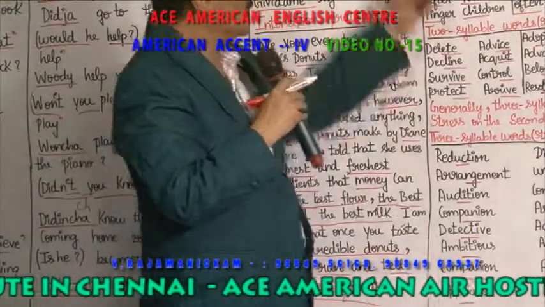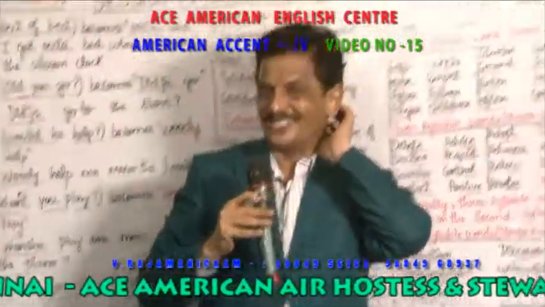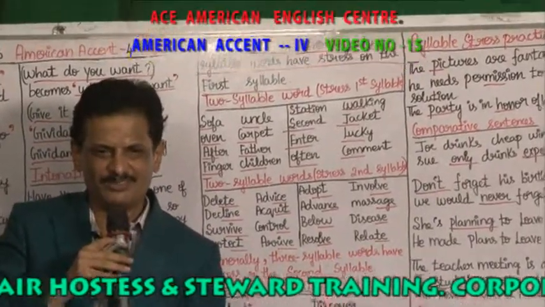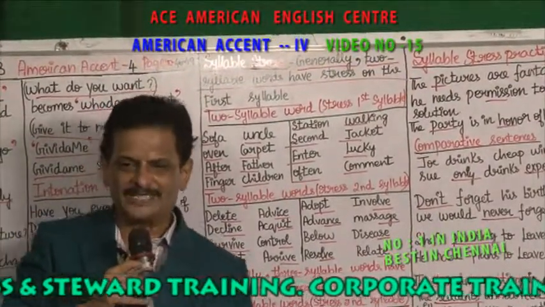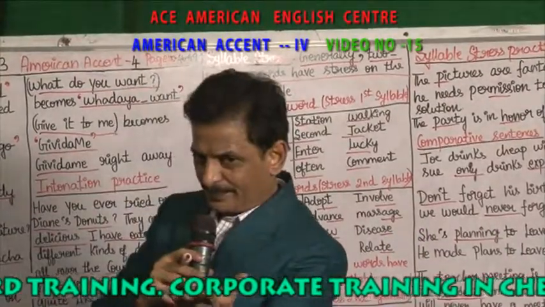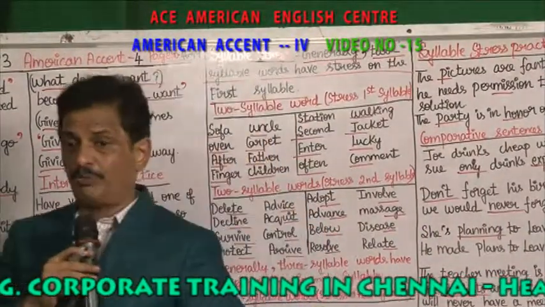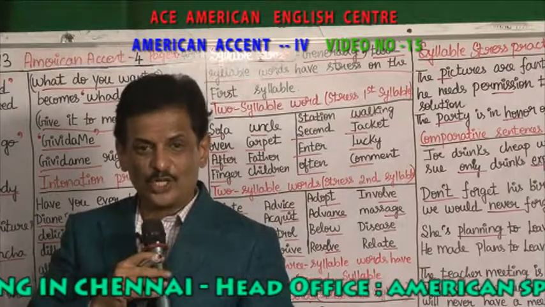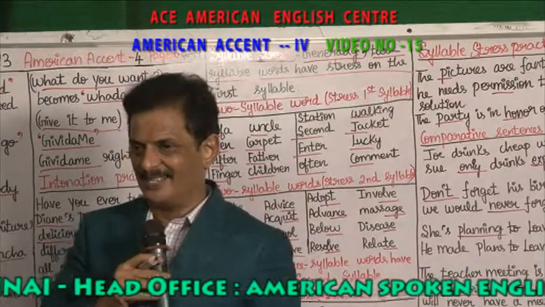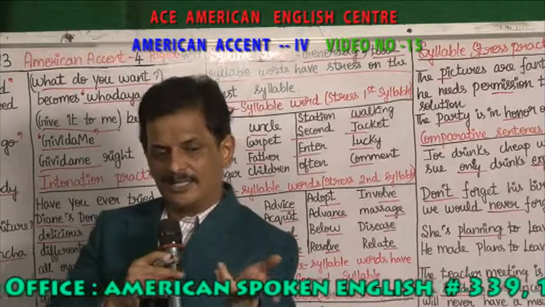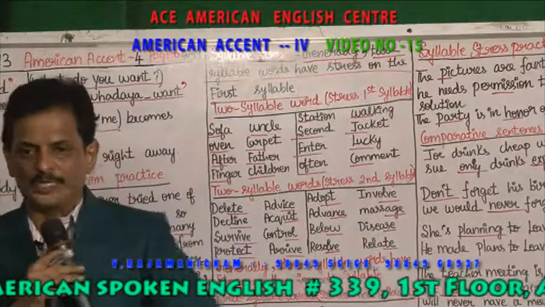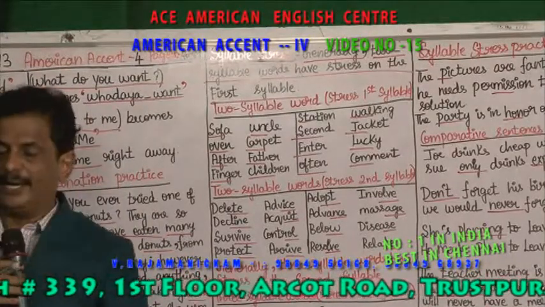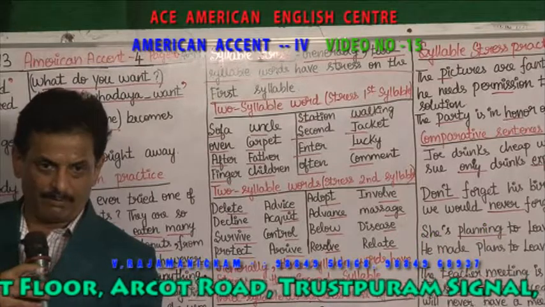Got it? Now coming here, syllable stress. Syllable means what, sir? In a word, two vowels are there, then you have to stress on what? Two stresses you have to give. For example, what's your name? Jyotishri. How many vowels are there in Jyotishri? 3, isn't it? If 2 vowels are there, continuously following, then you take it as 1. So how many syllables are there? That amount of beatings you have to give. That is called syllable, right?